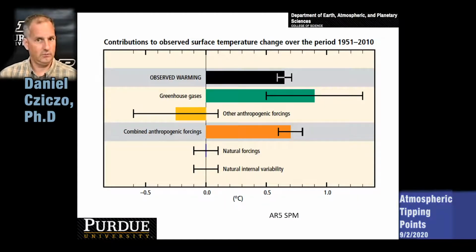So we can think of an accounting of all of these things, and that's what's shown here. This is again from the Intergovernmental Panel on Climate Change. You can see that there's an observed warming. How much do we know that the planet's warmed? We can then think about the warming due to greenhouse gases, a large positive contribution. Other anthropogenic forcing, in this case these particles as well as the clouds that they form, has a negative contribution. You can see that the negative is not of the same magnitude as the positive. So when you add these things up, you still have global warming, but not as much as you would have had just from the greenhouse gases.